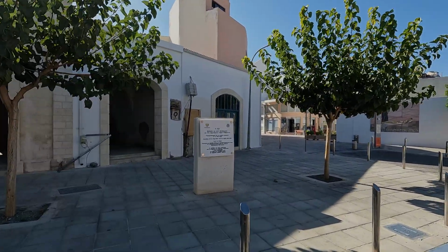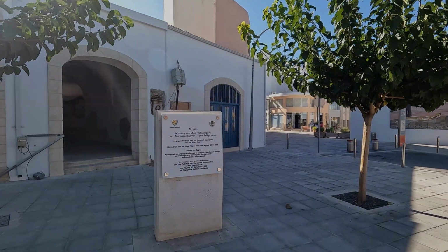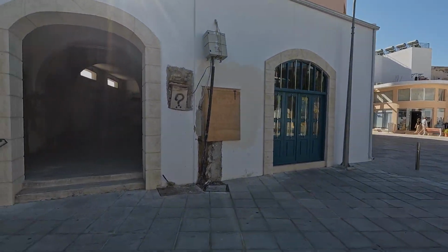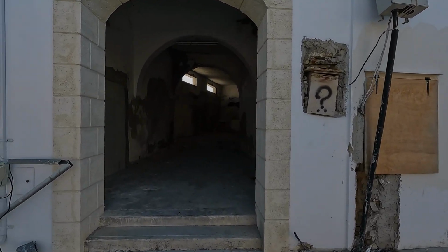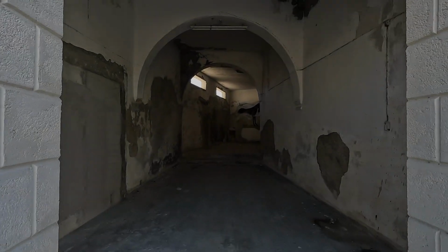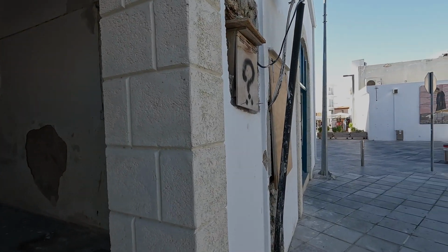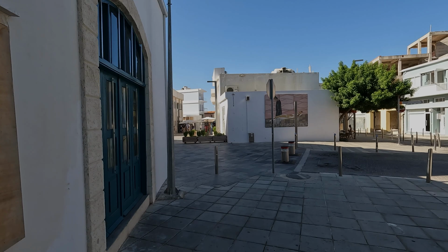There's a sign here probably telling you about the renovations. That's a work in progress. It used to be a shop, I remember. It doesn't give you much information, I know, but